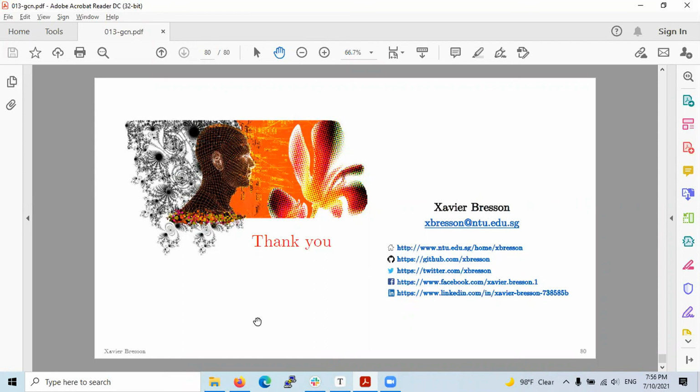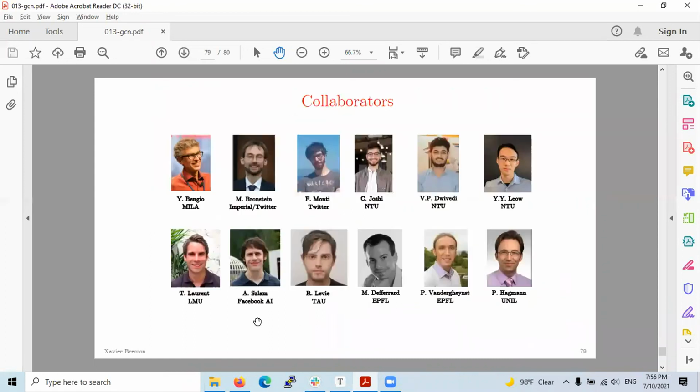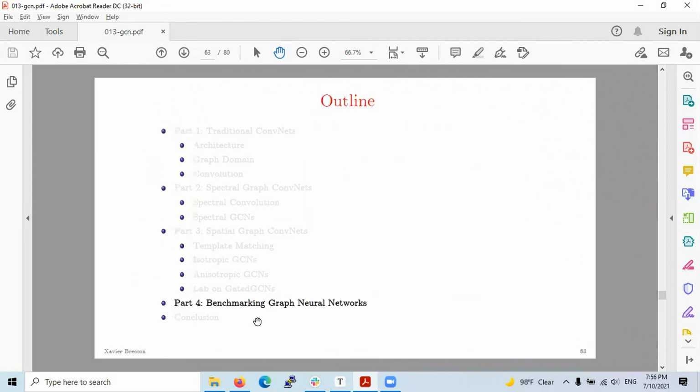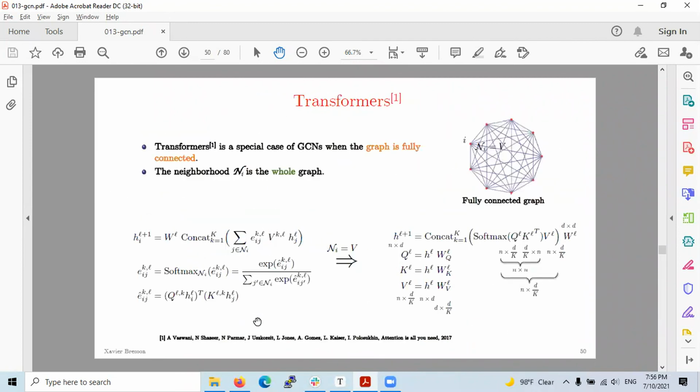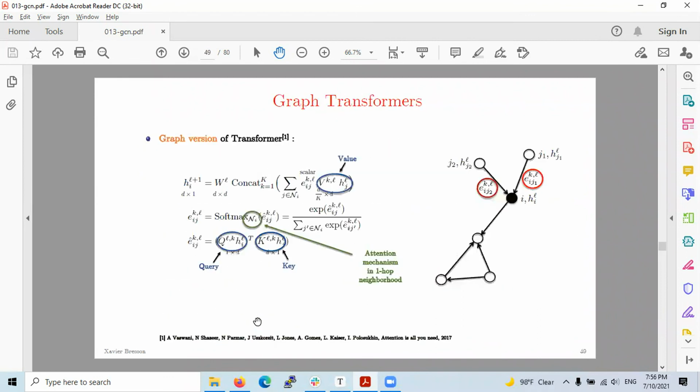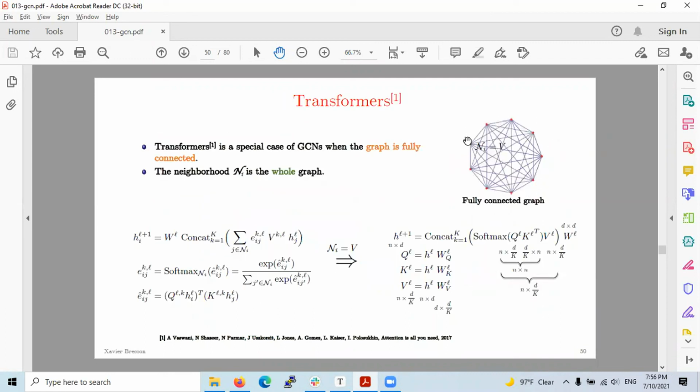I just had a quick comment on the transformers thing. The transformers as a GCN, right? In transformers, the main thing is attention, and in attention, each word can be related to every other word in the whole sentence, right? So that is why the graph is considered a fully connected one. That makes sense to me. Since each word can attend to every other word, it's a fully connected graph.